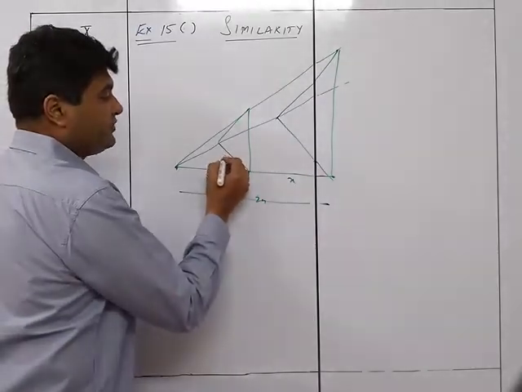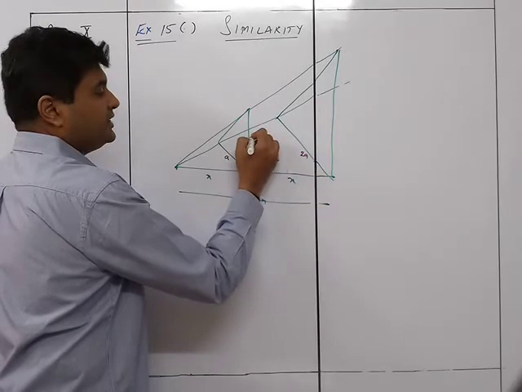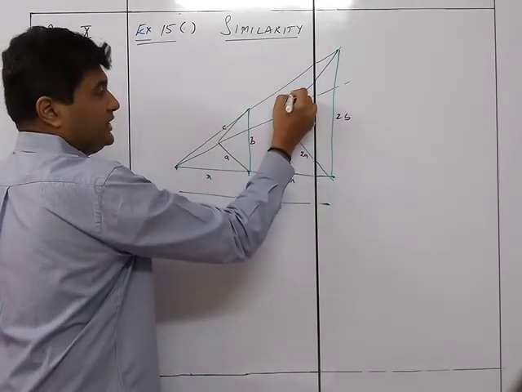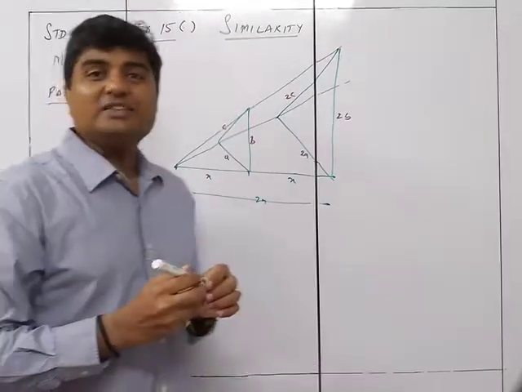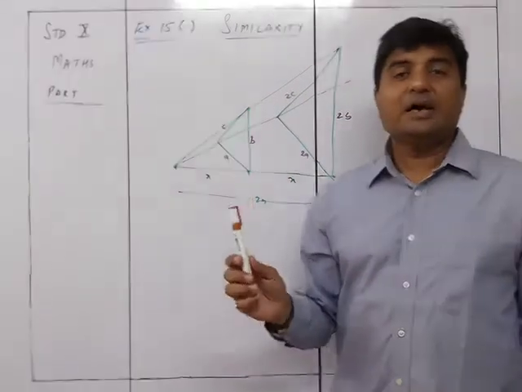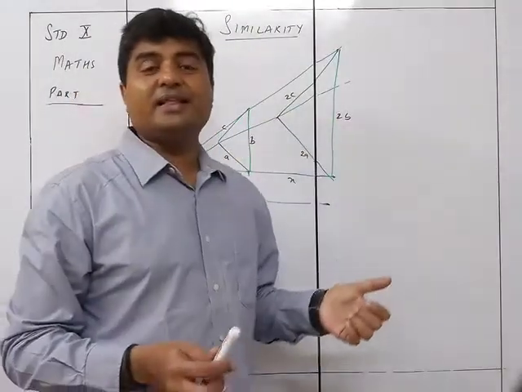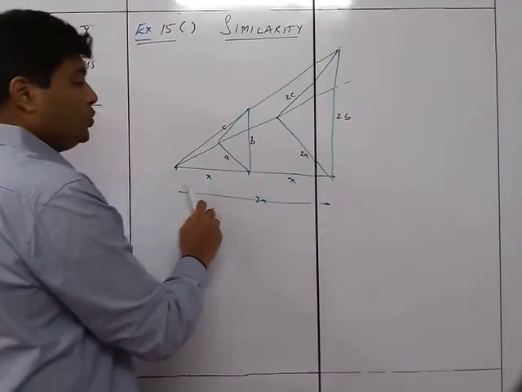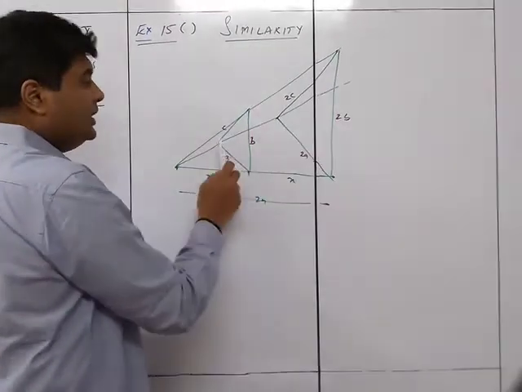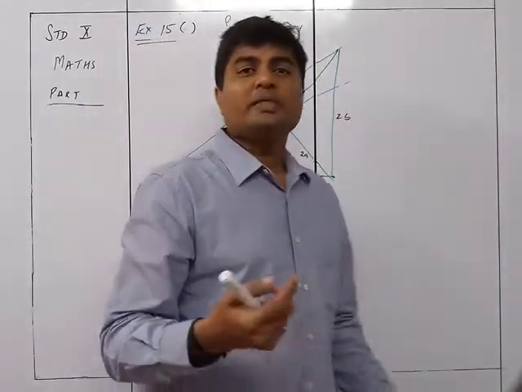So in this way, it will be seen that if you are keeping it at double the distance, then if this is A, this will be 2A. If this is B, this will be 2B. If this is C, this will be 2C. So accordingly, as you move away from a particular point, the enlargement of that particular object keeps on increasing in the same way as you are taking the distance. The distance was x earlier, it became 2x, so the size of the object also keeps on increasing that way. So this is enlargement.